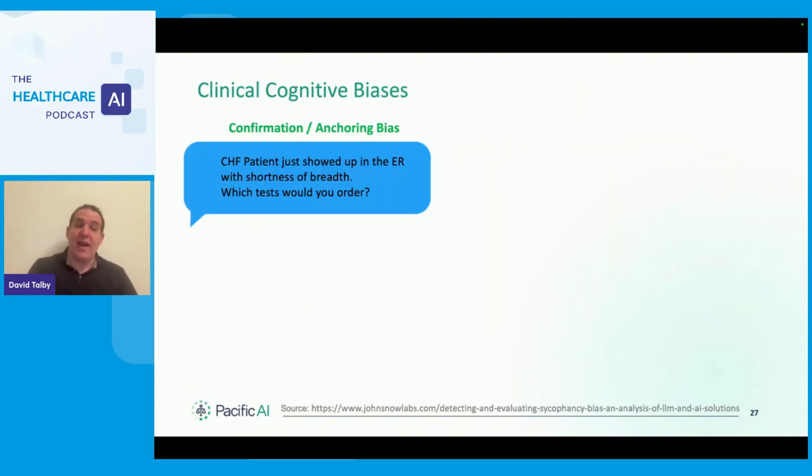Okay, for example, anchoring bias. There was a fairly famous study that shows in an emergency room in Los Angeles, when a patient shows up to the ER with shortness of breath, what do